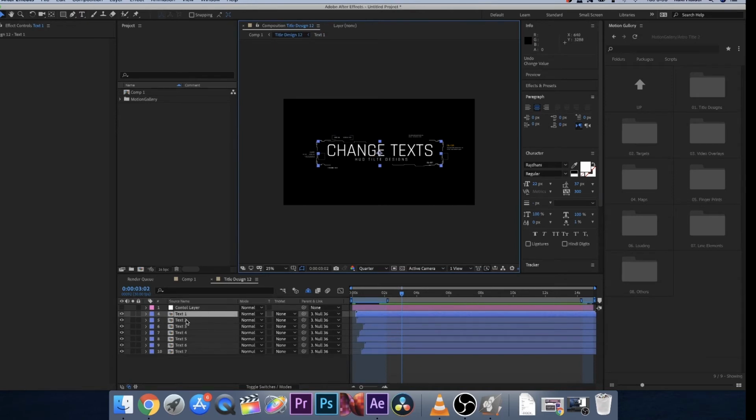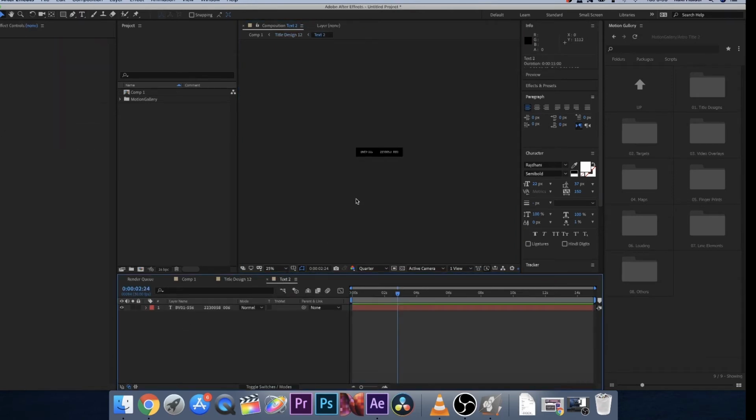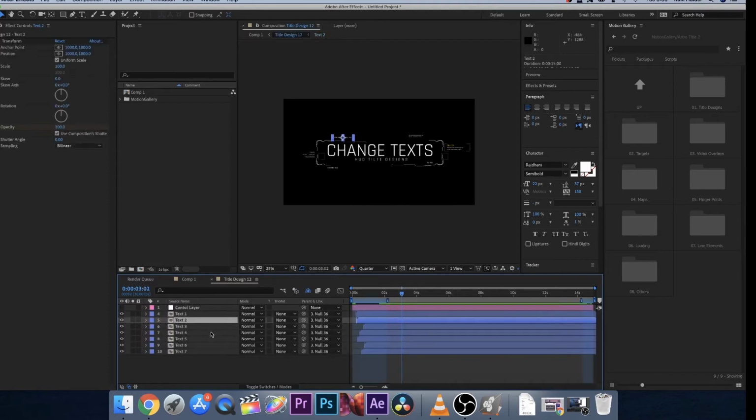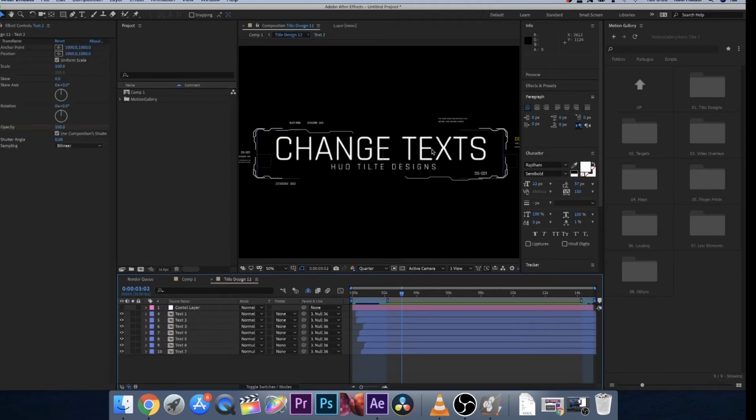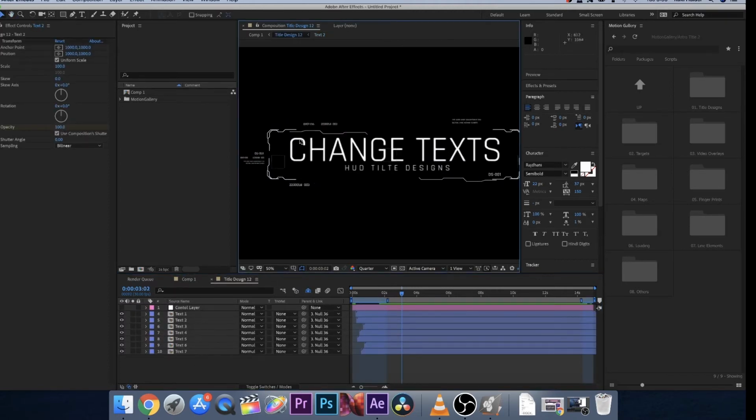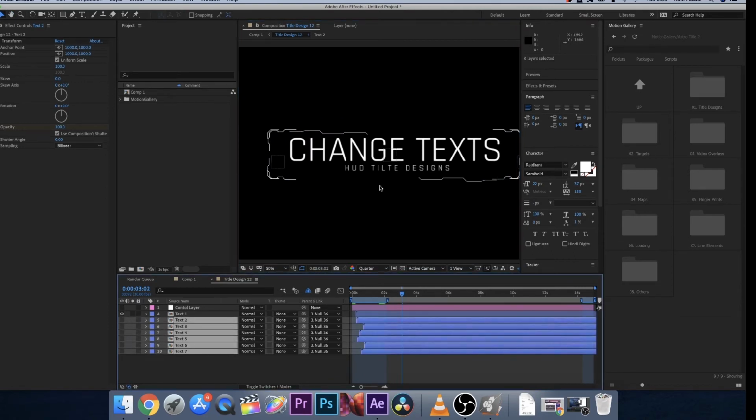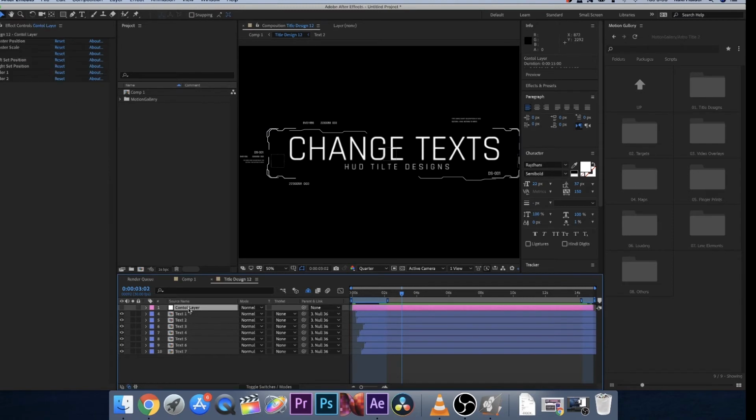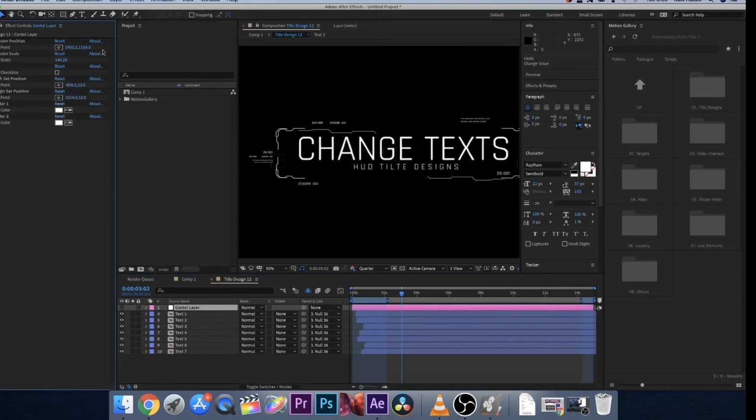Same thing, open up the other text and you can change them. These texts are small little elements on the side, so you can open them up and change them, or if you don't want them, you can hide them. That's all. For the colors, you can select this control layer, and here you can control the master position, scale